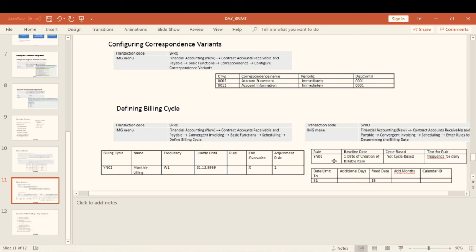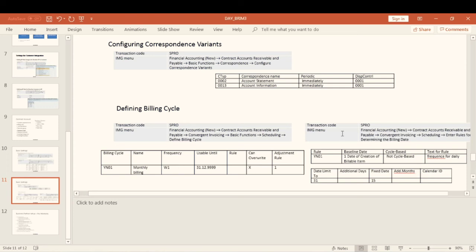Here we have selected the monthly billing cycle, but we didn't say from which date to which date the billing cycle has to be considered. Is it from the first of the month to the 31st of the month, or does it start with the 15th and end with the 15th of next month, or is it from the 10th of this month to the 10th of another month? These are the dates that have to be defined.